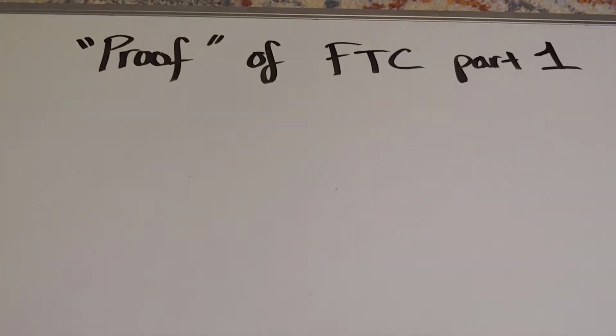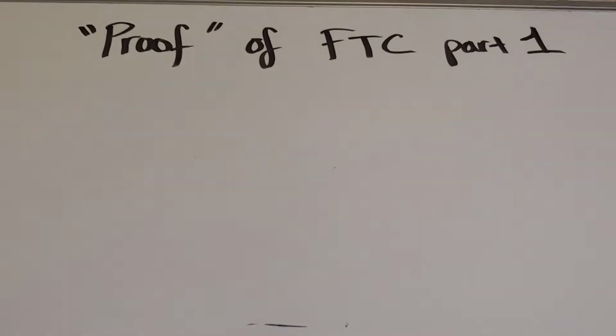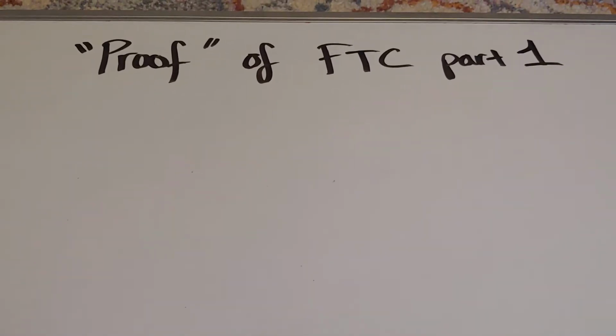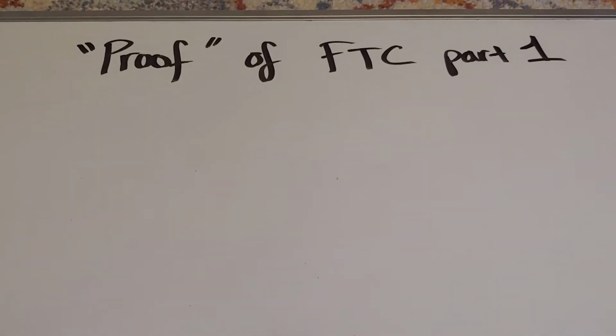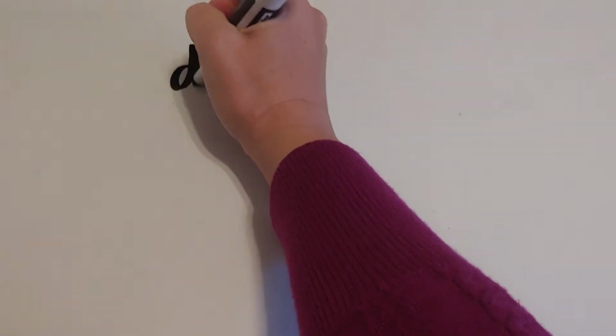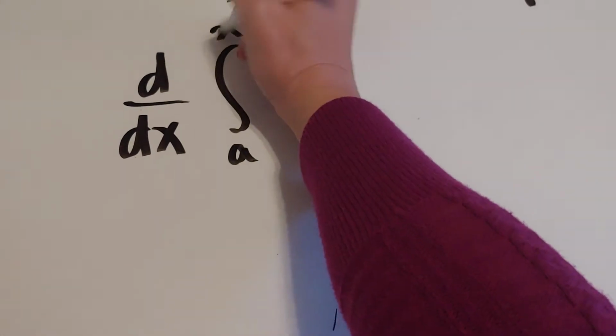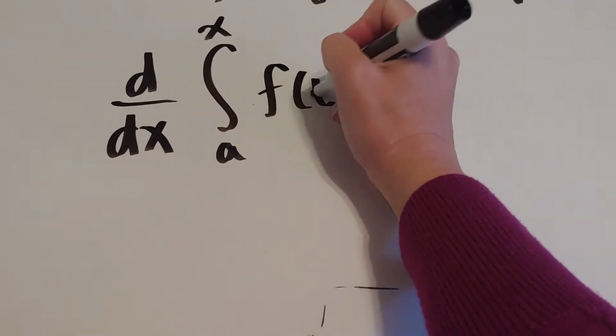In this video, we're going to look at the proof, sort of, of the fundamental theorem of calculus part 1. I say sort of because it's really just proof by example to show you why it works. Okay, so remember that our fundamental theorem of calculus part 1 looks like this lovely